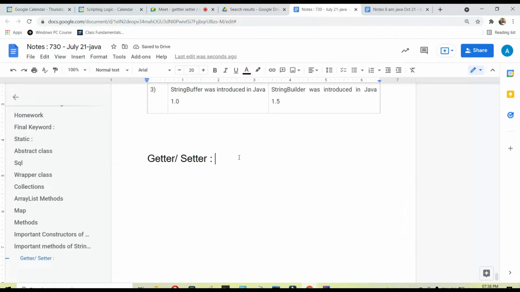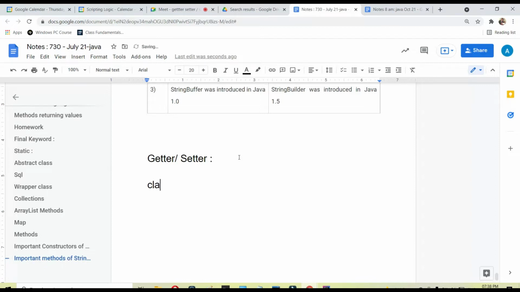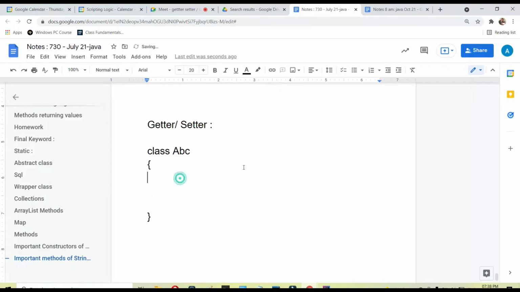Generally, a class, let's say class ABC, is a collection of data members and member functions. Data members and member functions held together in a class is known as encapsulation.